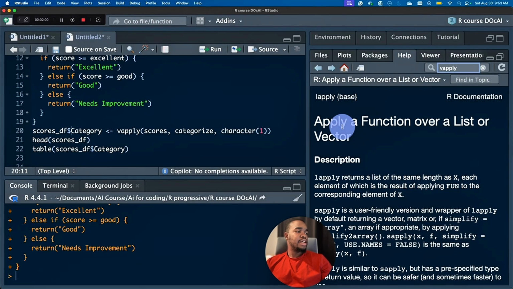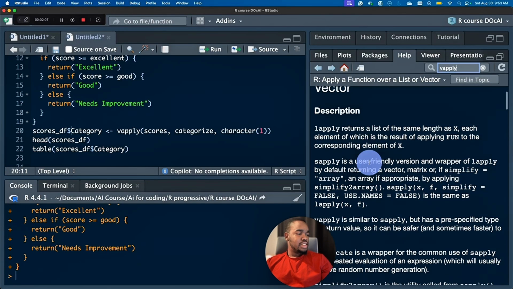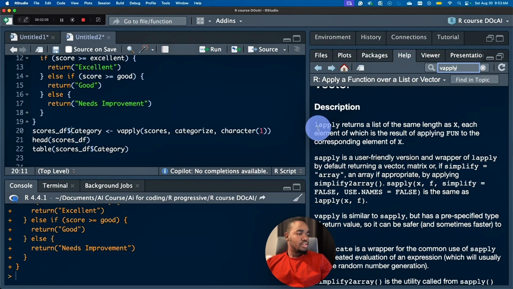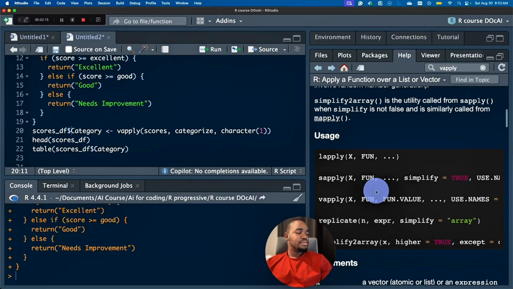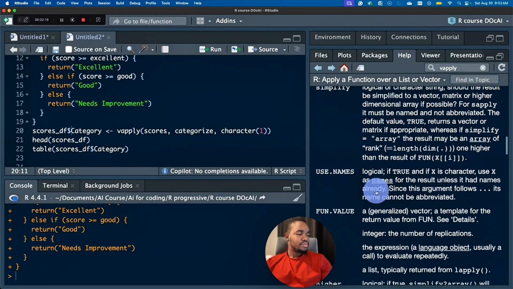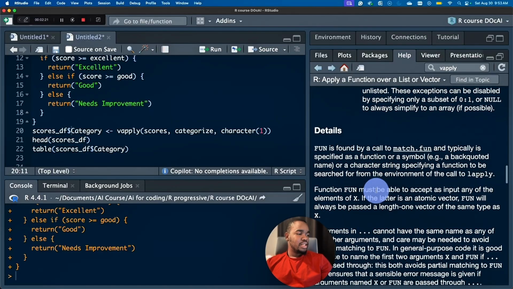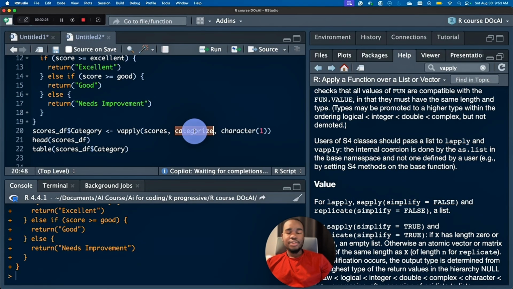What is vapply? Apply a function over a list of vectors. So you see all the apply functions. We have lapply, we have sapply, we have vapply. So there are a lot of these apply functions, right? Basically, we are applying our function to the scores. So if you run this,